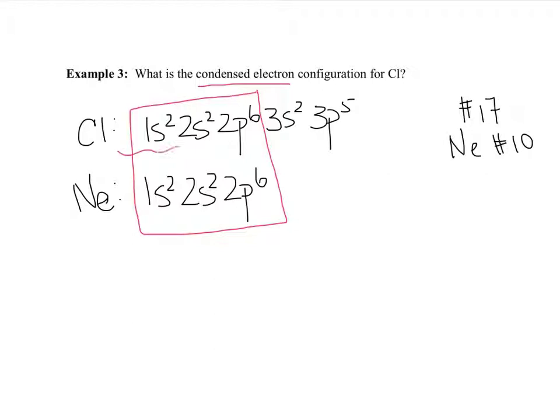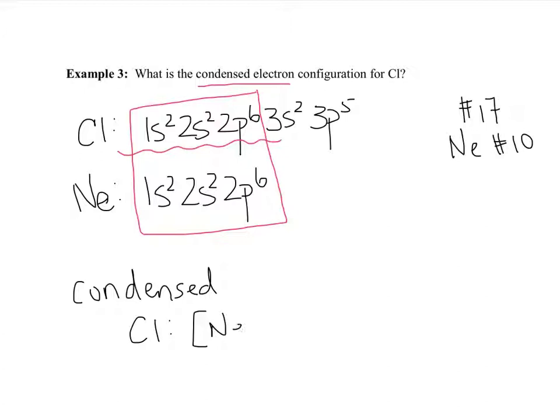So what we're going to do is condense that by using a square bracket notation, saying that's the same as neon, but chlorine also has the 3s2 and the 3p5. So the condensed form for chlorine will be the configuration for neon plus 3s2, 3p5. So here we have the electron configuration of the noble gas